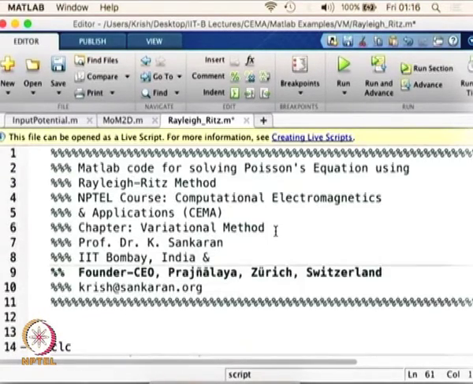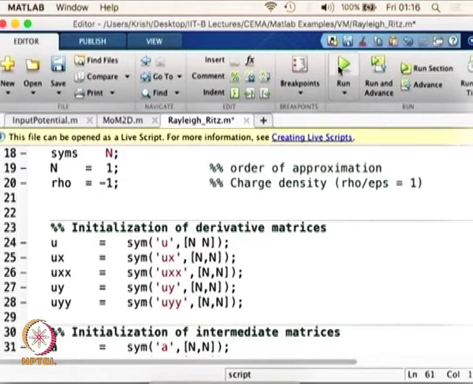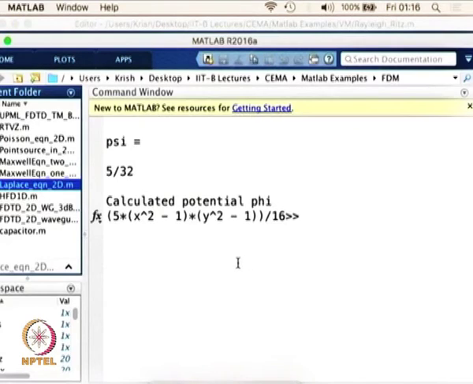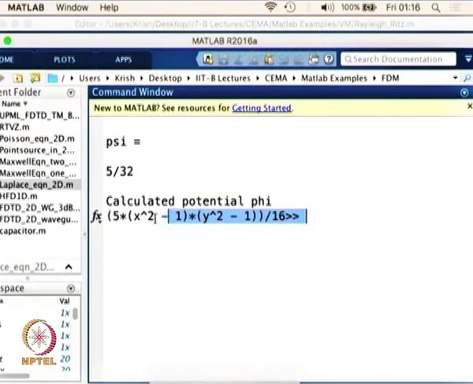So now we are going to do this for n equal to 1. So let us run it, and let us go back to the code itself here, and what you see is we get 5 by 32 as a value, and the potential itself is going to have this function. So what it means is the phi value is going to depend on the value that we are going to compute. Here 5 by 32 is the coefficient that we have, which is coming here as 5 by 16, because